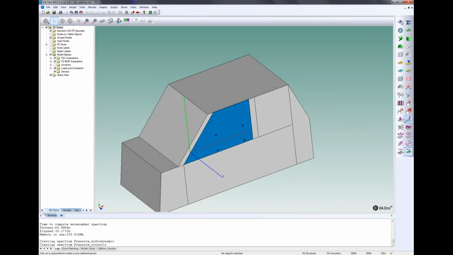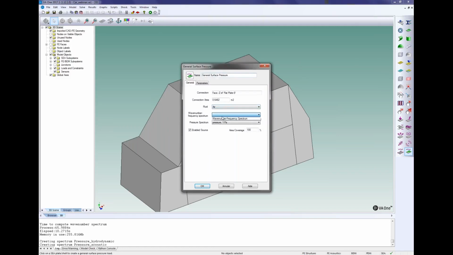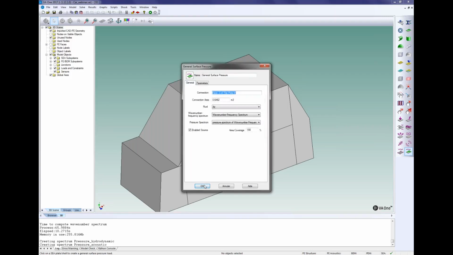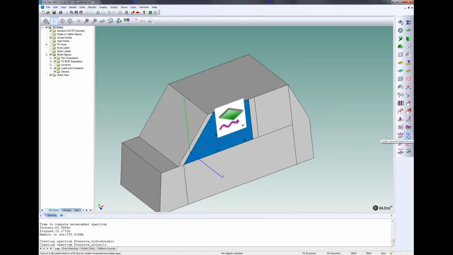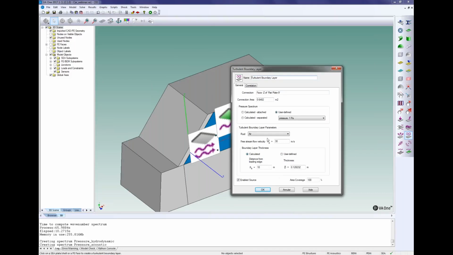So create first, here you can see the library of type of loads. I will be interested in the create general surface pressure. So this one is defined by the wave number frequency spectrum and the scaling factor. You can also decide for the coverage and also for the different axes. Okay, and then I create turbulent boundary layer. So for this one, I will keep the default parameters, but